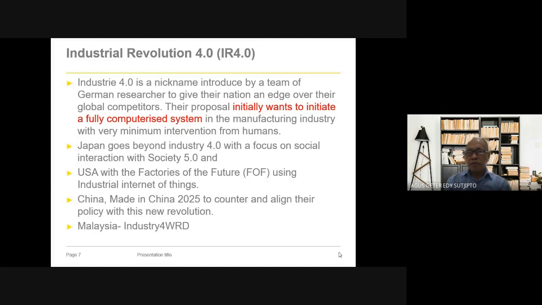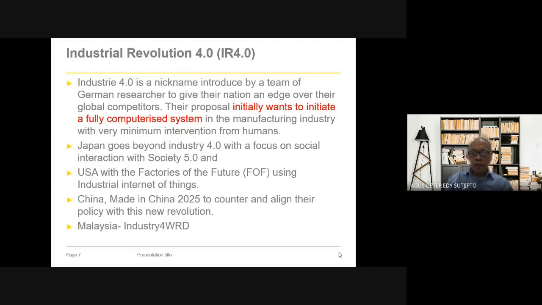The competition may be based on the requirement of the customer, so how to fulfill the requirement that is increasing significantly, for example, which cannot be achieved by only robots, only automation, but they want to do more, to increase productivity in Germany. So Germany initiated the term Revolution 4.0, especially in manufacturing firms.